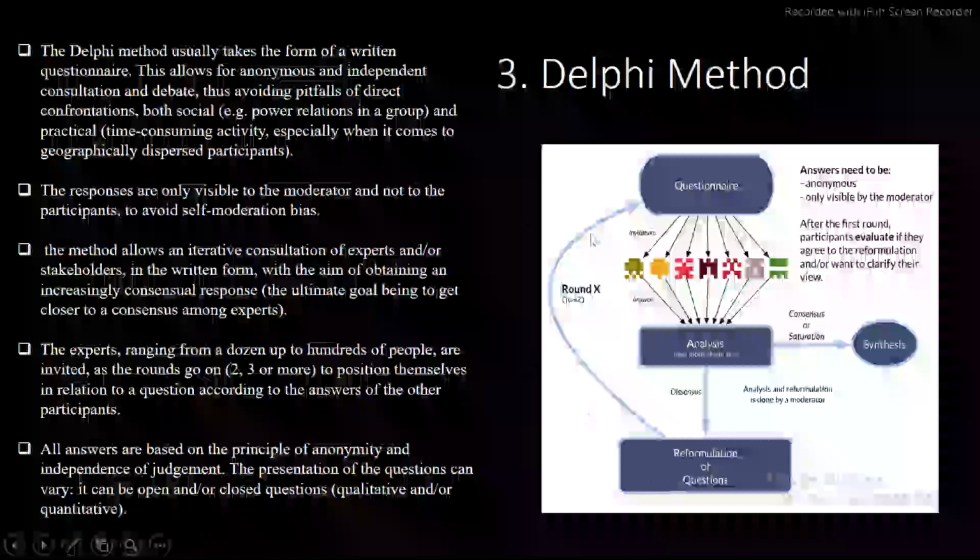Okay, so this allows an iterative approach to gather the opinions of different experts. It's more of a qualitative way of forecasting, because you try to gather the intellect of different individuals, and on top of it you try to forecast. Okay, for example,